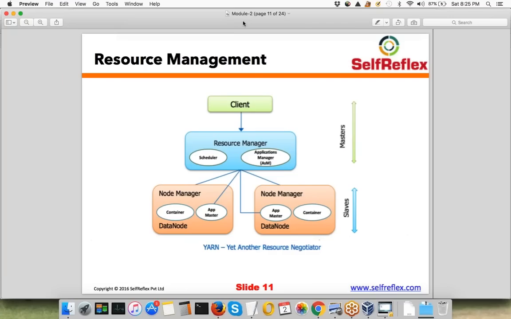All right, so let's zoom in on the resource management part. Now if you look at this picture, your client will submit an application, right? Your client wants to run some application in your cluster. So what kind of applications can be run? We'll talk about that. But for now, just think about it as any application which requires multiple tasks to